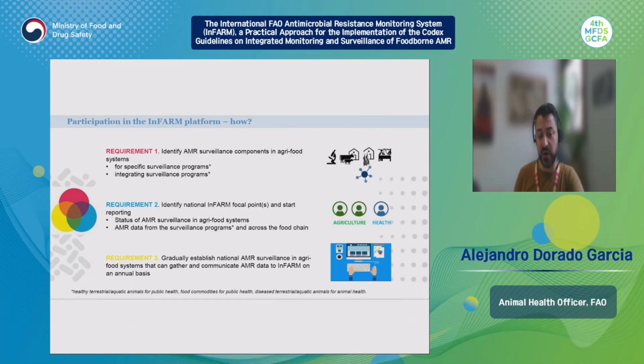And for this requirement, we also have tools in FAO that support countries in the progressive advancement of their capacities to strengthen the national surveillance systems. For this, we have the assessment tool for laboratories and AMR surveillance systems, the ATLASS tool, for which we are also working on the digitalization and to connect this information from the assessments, which can also be used as a proxy for the quality of the data that we are receiving in the INFAM system.